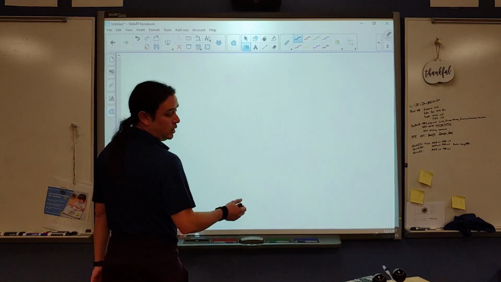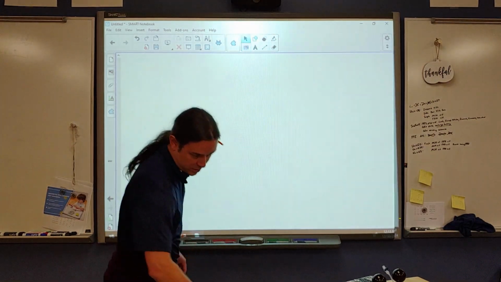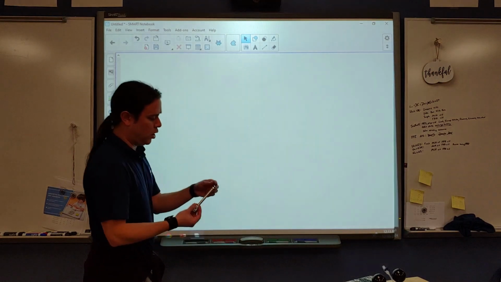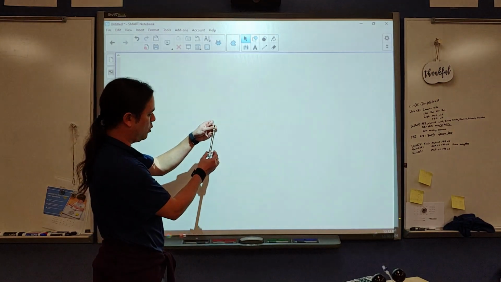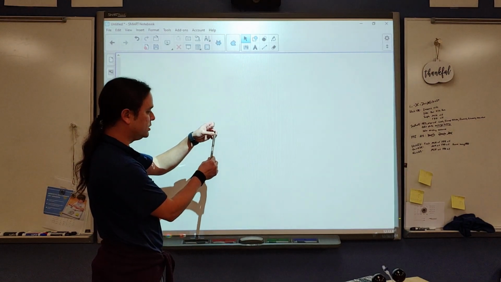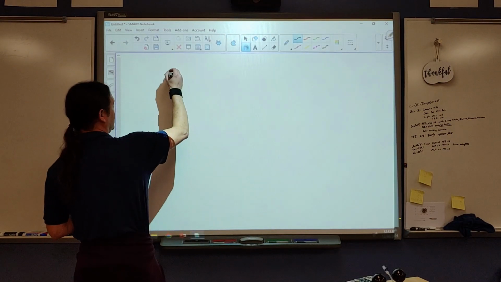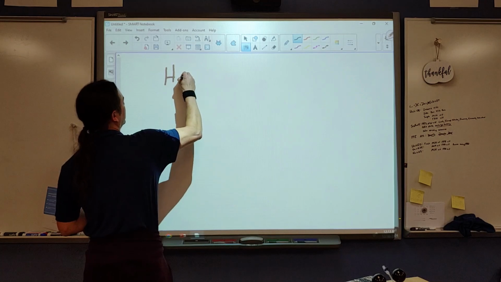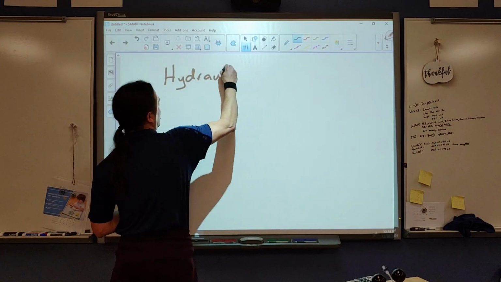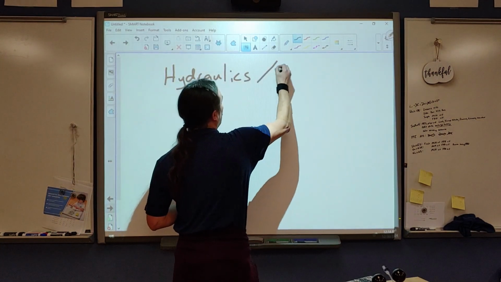is an application into, once again, real-world scenarios. Now, I didn't actually bring any hydraulic systems, but I do have here, for part of our robotics program, at least the very small robotics, what's called a pneumatic piston, or a pneumatic cylinder. And so, I'm going to refer to this by its more common name, hydraulics, or